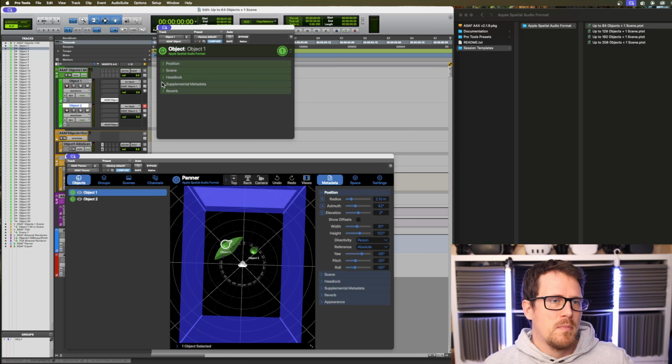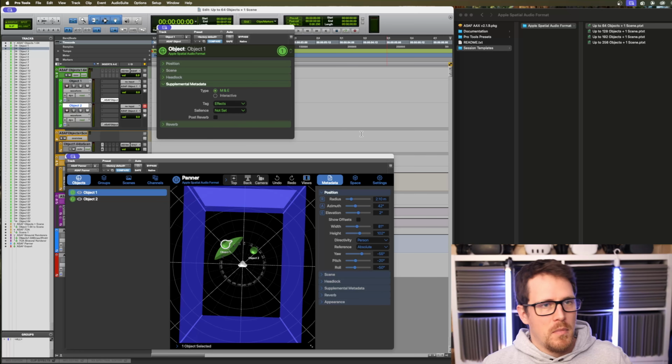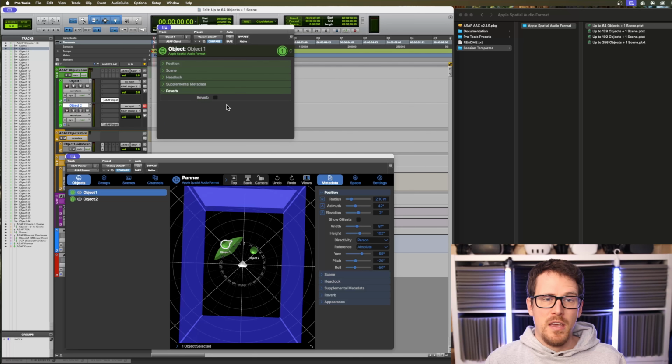Then you have supplemental metadata, and you can see that you can tag metadata like effects, dialogue, narration, and whatnot. And this will actually be interesting again in the export, because in the export you would have the options to just export the effects, for example, and stuff like that. So that's interesting. And then you do have a reverb that you can enable and also mix inside the object.